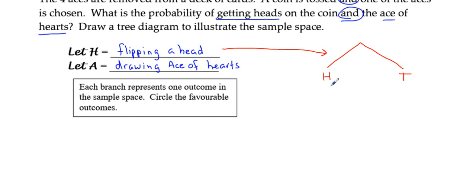The second set of branches represents the number of outcomes in the second event that you are doing, which is drawing an ace. So there are 4 outcomes for each of these. You can get a heart, a diamond, a spade, and a club. Now, because the probability of a heart is equal to the probability of a head and a tail, and because the probability of each of these is the same,